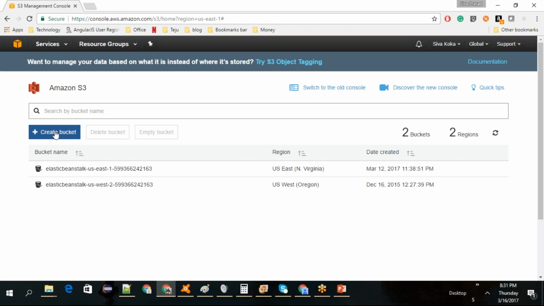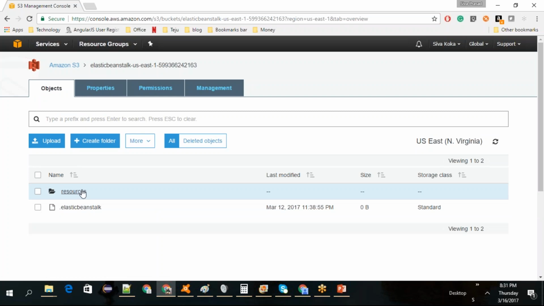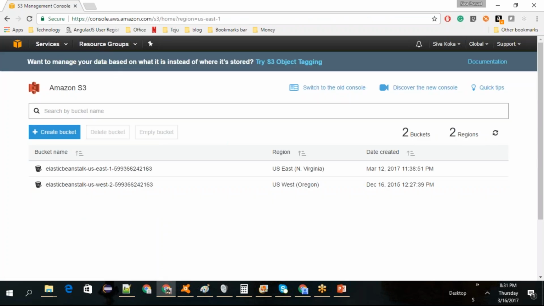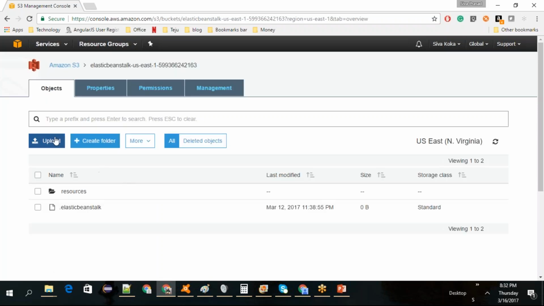Create a bucket, let me go inside. Okay, S3, right? Here I'm choosing where I want to create it, whether in the Northern Virginia data center of Amazon, or in the data center in West Virginia, Oregon. I know I am sitting in Virginia, so I want to use the server that is in Virginia. So I'll select this one, and then